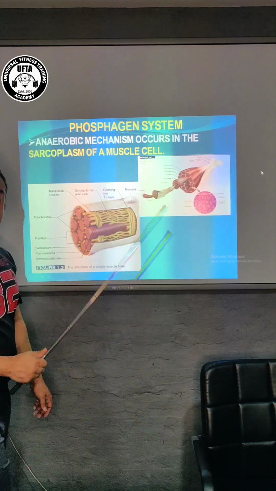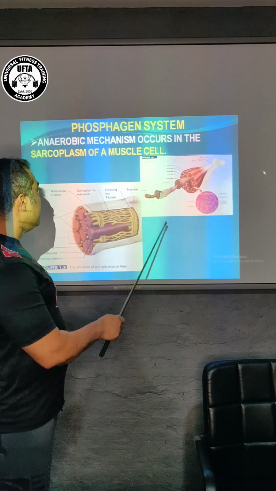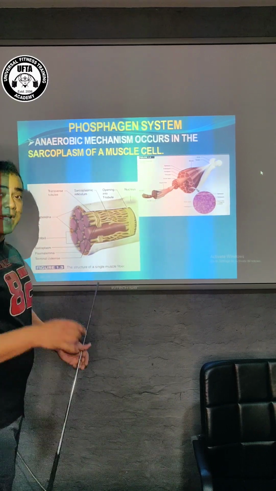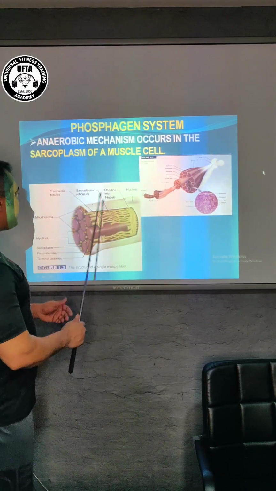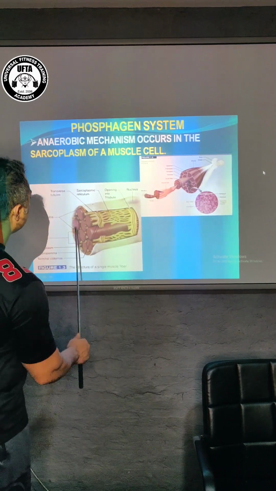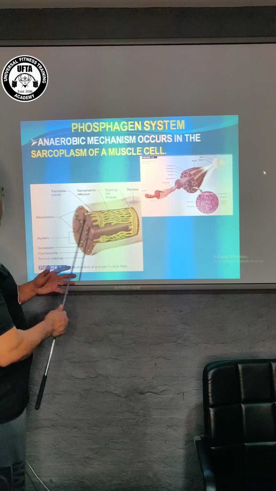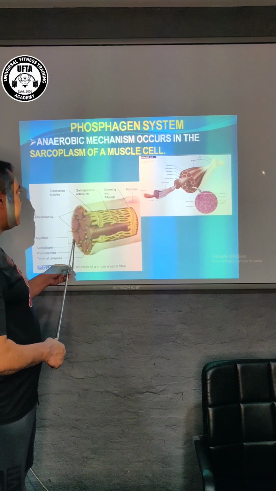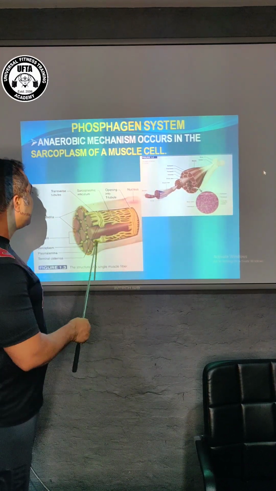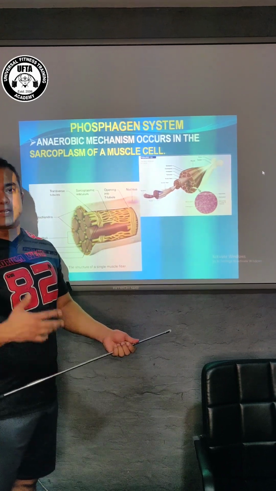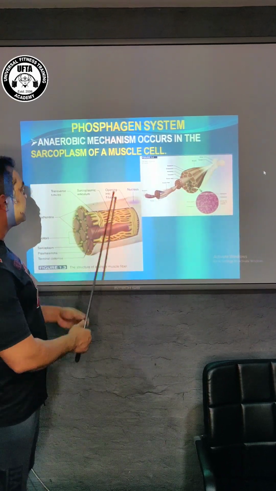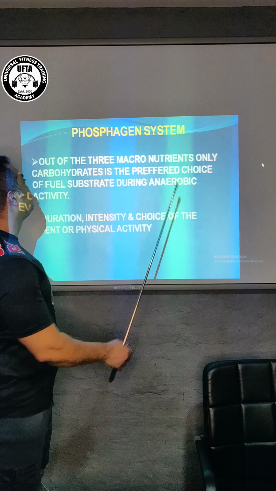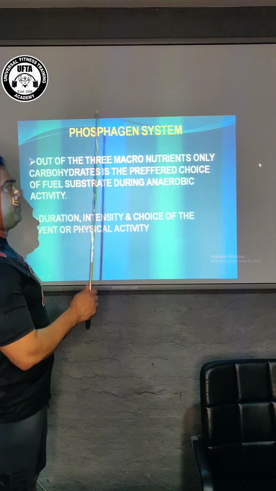The smallest unit of contractile muscle fibers is actin and myosin. This is the smallest unit of muscle fiber, and it's microscopic, finer than a hair strand. In that microscopic muscle fiber, there are certain spaces, and between those muscle fibrils the sarcoplasm exists. In the sarcoplasm, ATP is generated, and it is basically the liquid part of the muscle cell where glycogen, protein, and ATP are found. So this happens inside the muscle cell, in the phosphagen system, out of the 3 macronutrients.